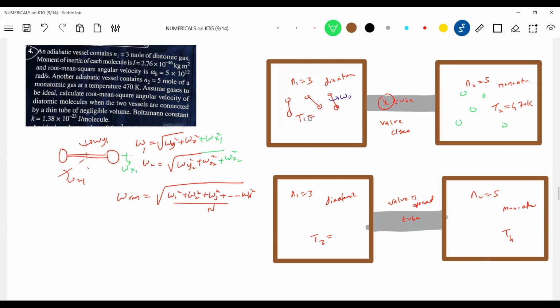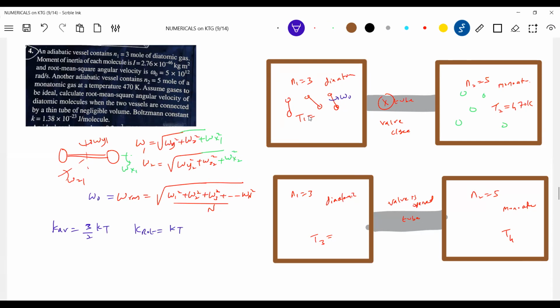Now that angular velocity, the effective angular velocity will be omega 1, omega 2, like that. Now you have to take it. That is omega. This omega RMS is what is omega naught, what he has mentioned. I think you must be able to understand now. Okay, how is this root mean square angular velocity related? So you come to the average translational kinetic energy for a diatomic gas molecule, 3/2 kT. Average rotational kinetic energy, how much should it be? Half kT each, so it will be kT, no? 5 degrees of freedom for a diatomic gas molecule. So kT will be this one.